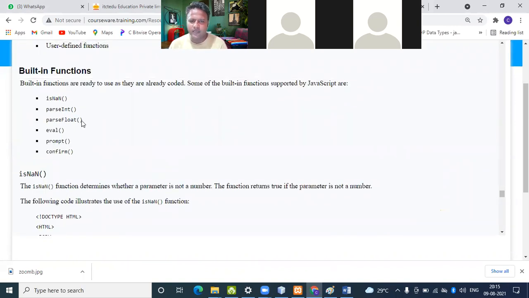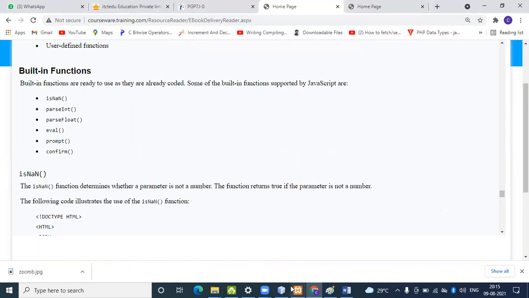So these are the built-in functions that we're using. Then we're using the prompt function. So these are the different types of predefined functions we're using. Okay, so we have to discuss them one by one.